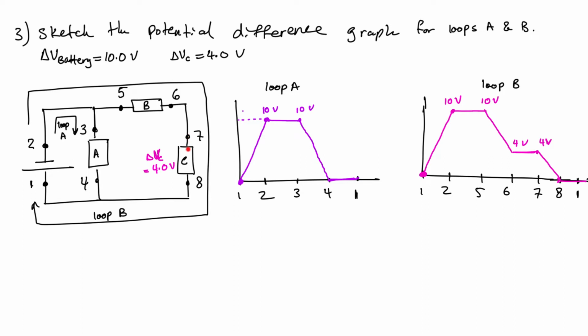And then from here to here at resistor C, they're going to lose 4. That's given to us over here. And they're going to have 0. They're going to keep getting pushed. They can't go in this direction because there's other charges moving in this direction, and they can't actually move in that direction. So they're going to keep going with 0 joules of energy, and they're going to gain some energy